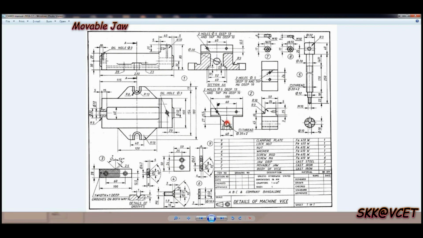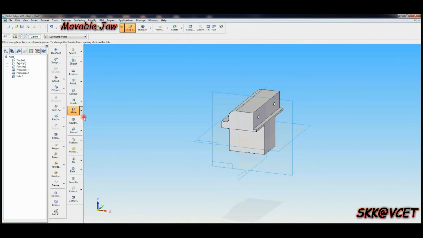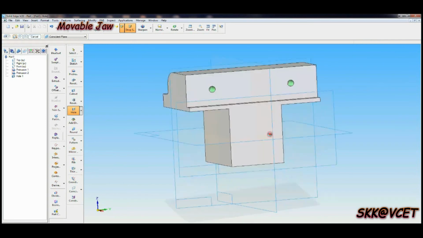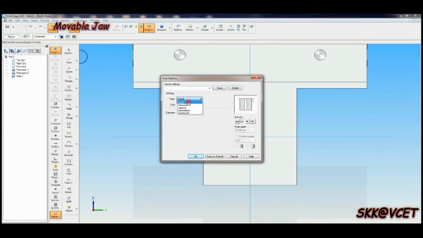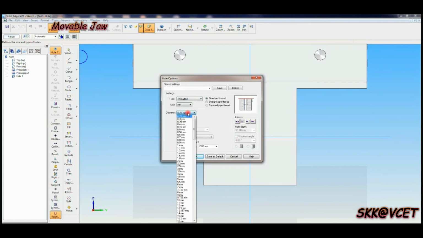Now go to hole, square thread 20 into 2. That hole center should be 27 mm from the top. Go to hole command, select that face, hole option, in that threaded diameter you have to give 20.